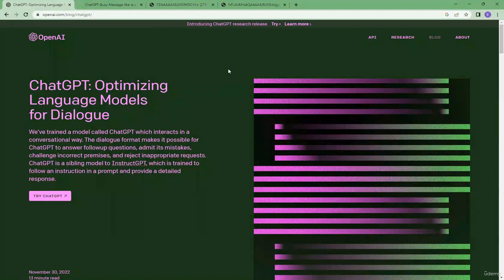So it's very simple, guys. Because ChatGPT is created by OpenAI, we'll have to go to the OpenAI website to go ahead and access the tool. So right now I've navigated to openai.com